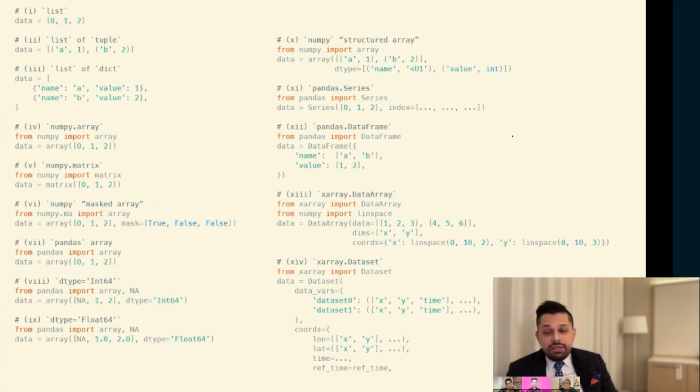I found that correspondence very tricky when I started using xarray, until I really thought about it in terms of how many distinct measurements am I taking? And I started thinking about the pandas DataFrame and the xarray Dataset as collecting together multiple distinct measurements alongside some sort of common coordinate system, or in pandas terminology, an index.